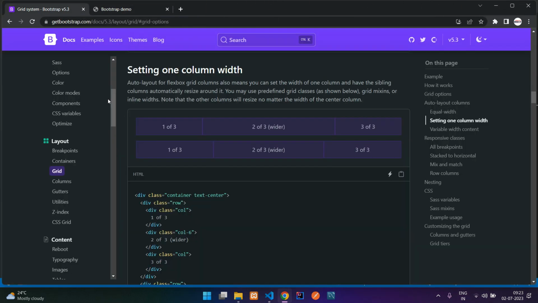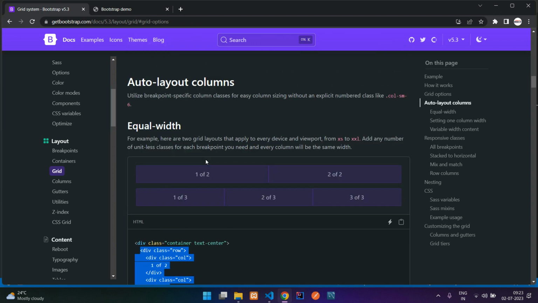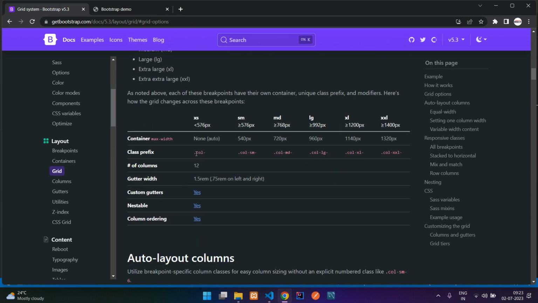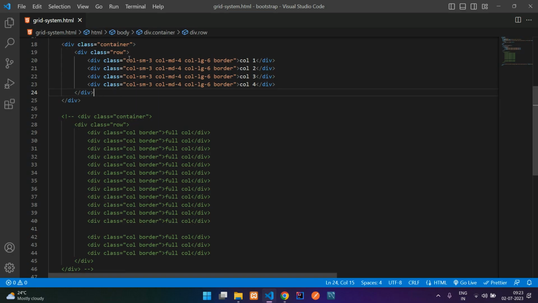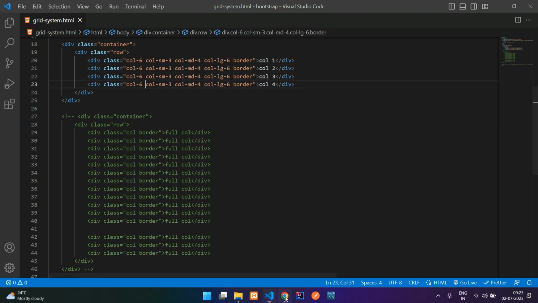Let me show you. So where is that extra small class? Here. So by default col comes. If you want to define that also, you can use here column. I just want to show a 6 view on the small part. Okay, this is the extra small class. Now if you refresh here,